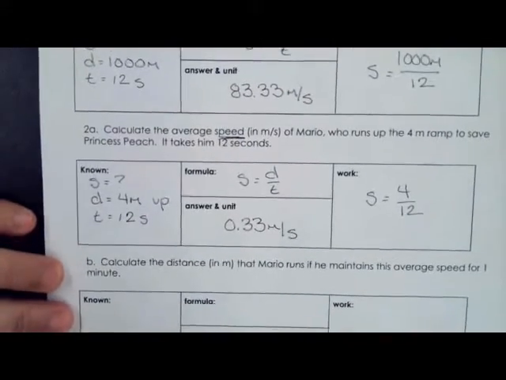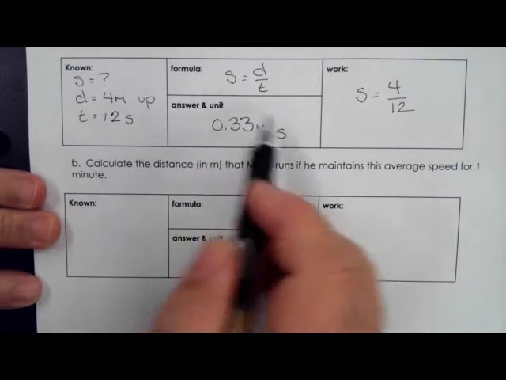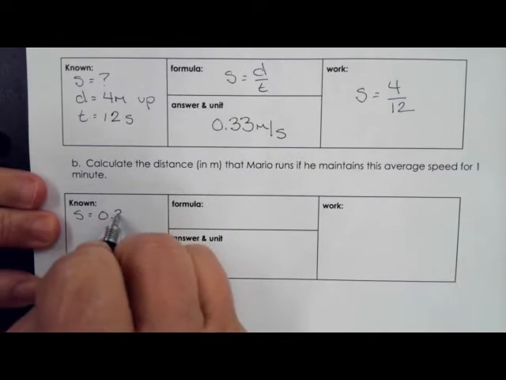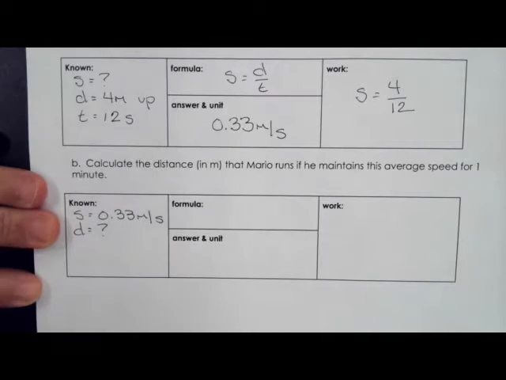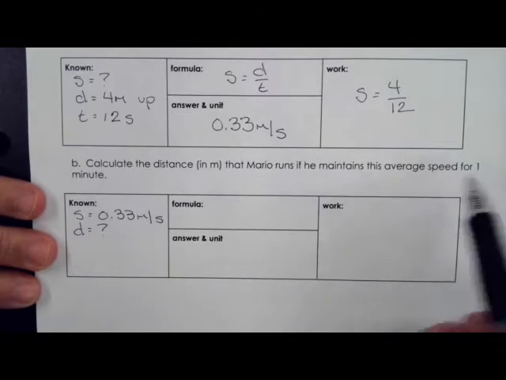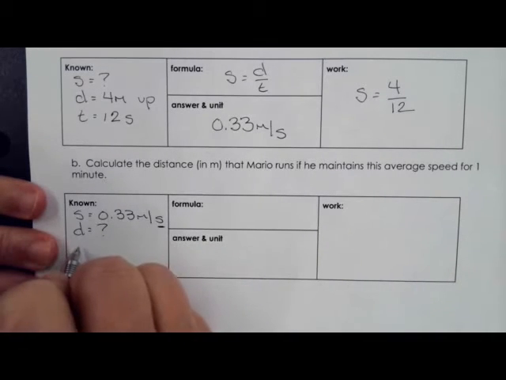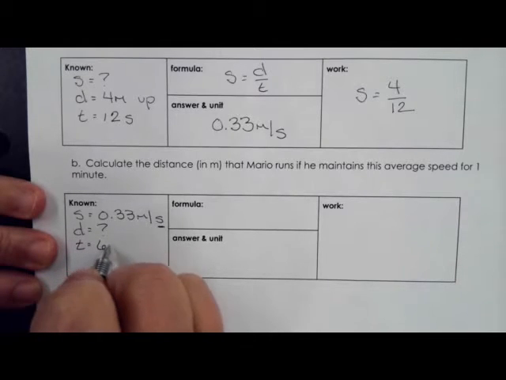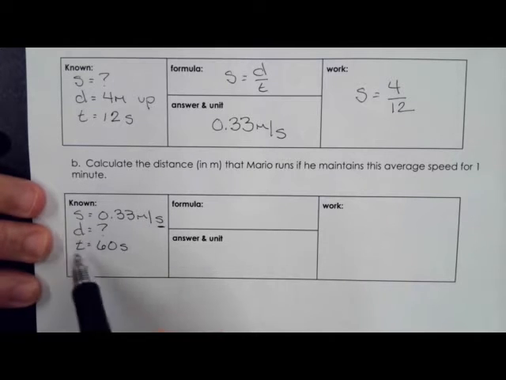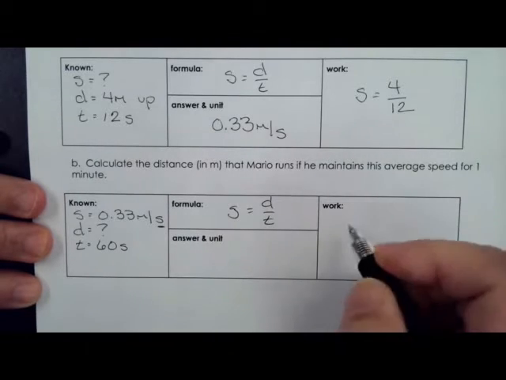Okay, so next one says calculate the distance in meters that Mario runs if he maintains this average speed. So the speed is 0.33 meters per second. We're looking for distance, so we'll write that in there. And then for 1 minute, because our unit here is in seconds, we need to convert 1 minute into seconds, so the time is 60 seconds. So again, we're looking for a formula that has S, D, and T in it. So S equals D over T. Plug into that formula,